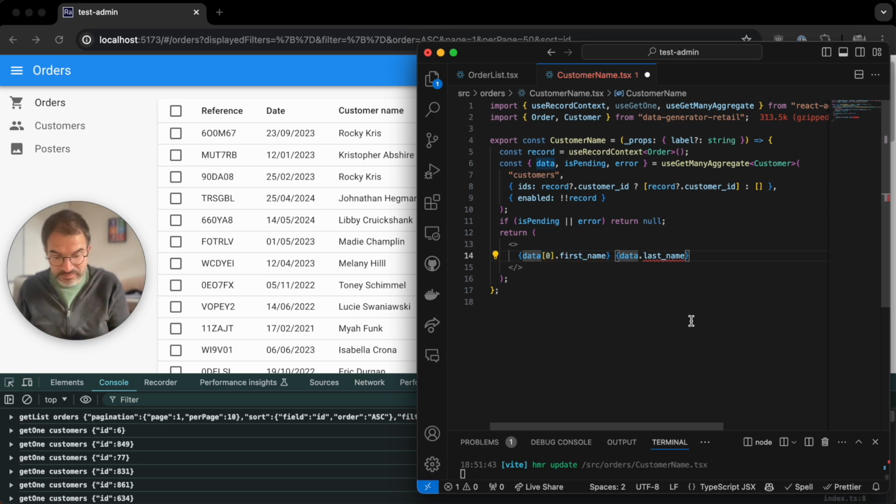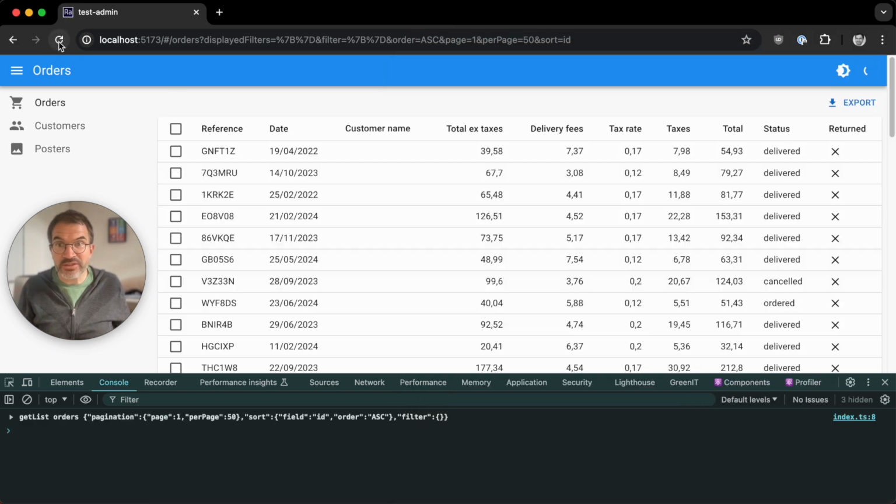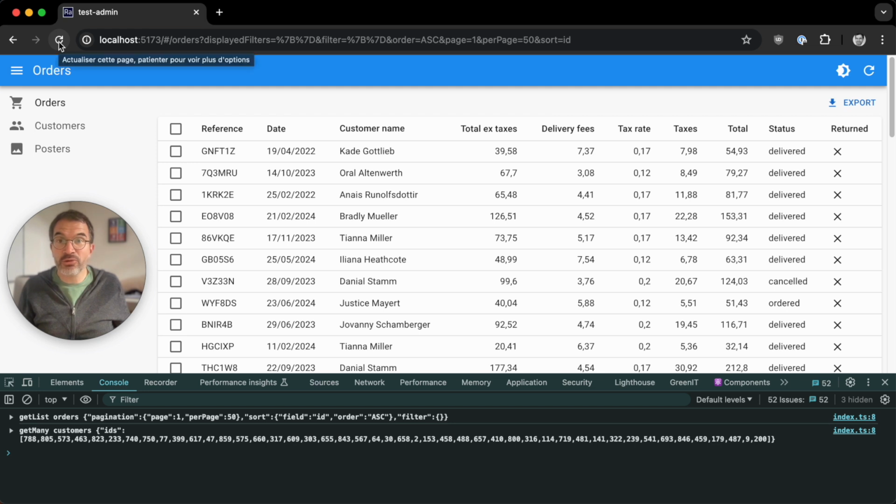And now if I refresh the page, I will see that I only need 2 queries to fetch the entire order page, including the customer names, and now I have a single getMany call to the customers.